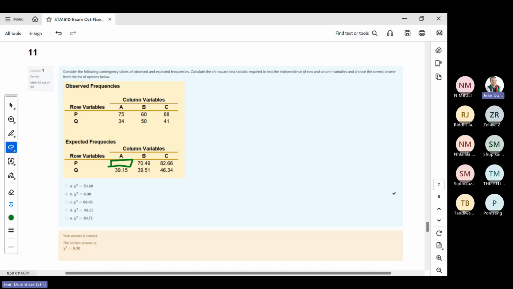And then you need to say, now this is a long question, 75, whatever that block is, to the power of 2 divided by that block, then plus